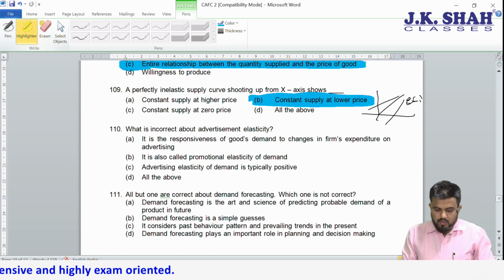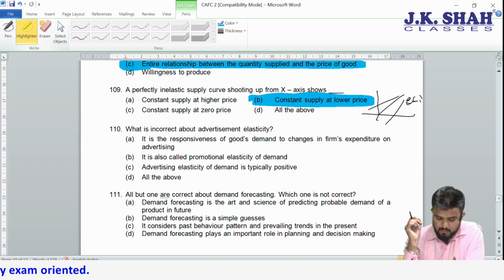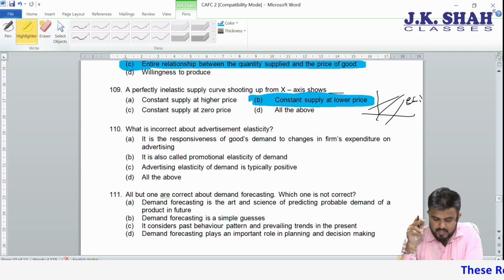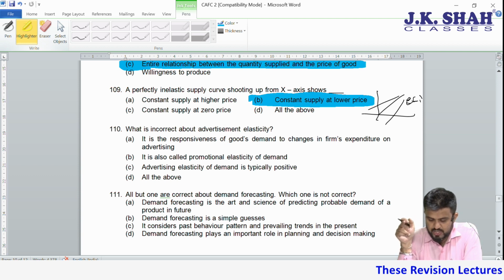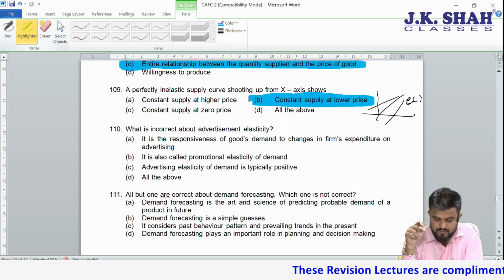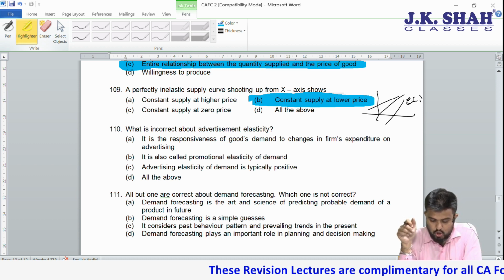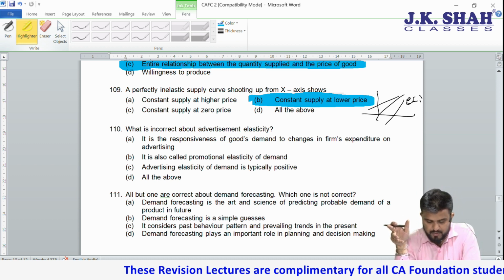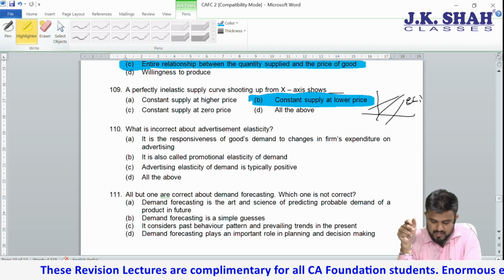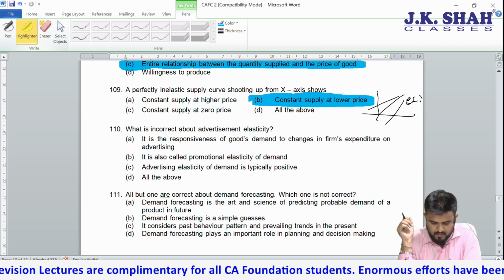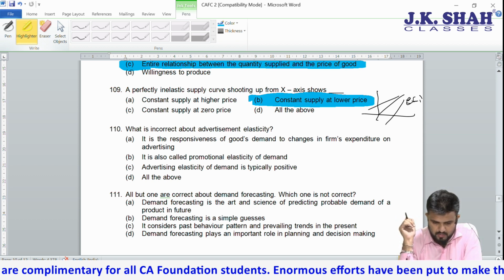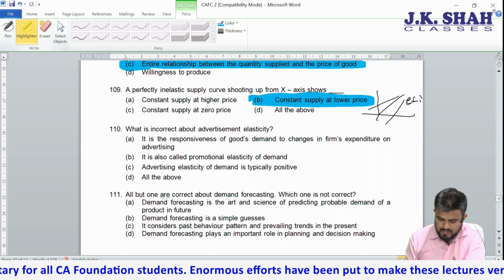Next, 110. What is incorrect about advertisement elasticity? It is the responsiveness of goods demand to change in the firm's expenditure on advertising. It is also called promotional elasticity of demand. Advertising elastic demand is typically positive. All of the above. So students,